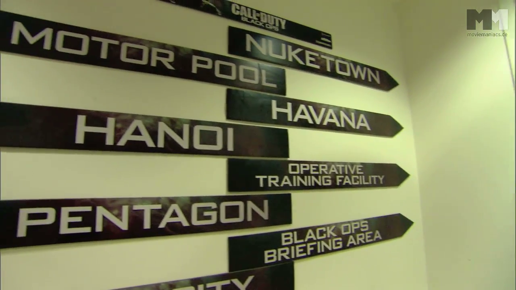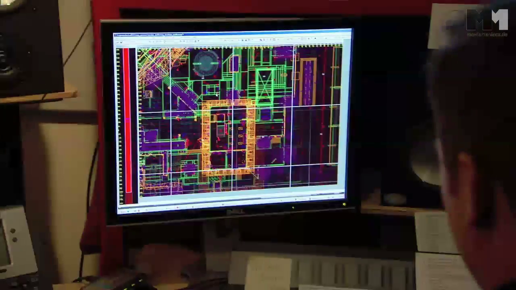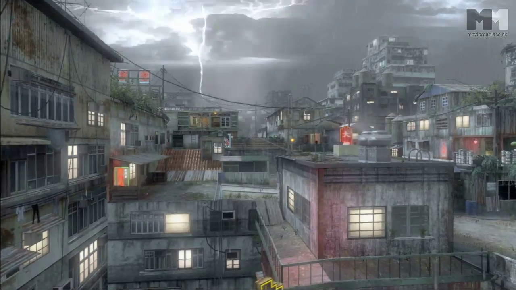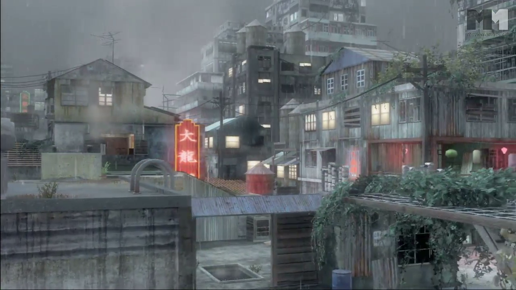So our first DLC offering is called First Strike. It releases February 1st. It has 5 new levels in it, 4 brand new multiplayer maps, as well as a zombie level called Ascension. Kowloon is inspired by the single-player campaign level that was also set in Kowloon City, China,